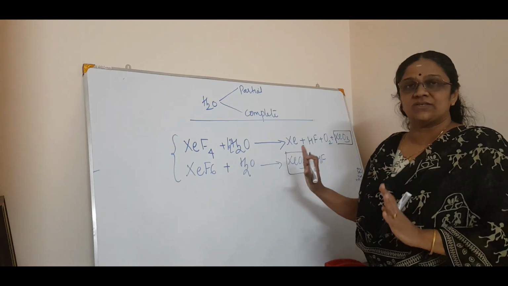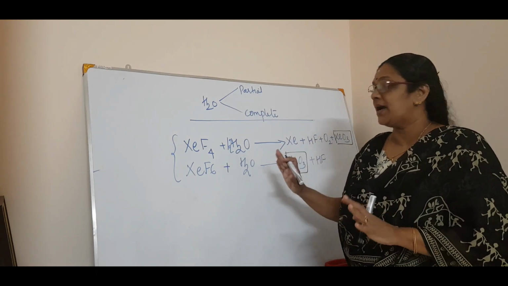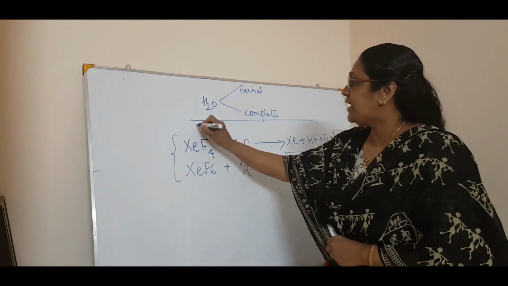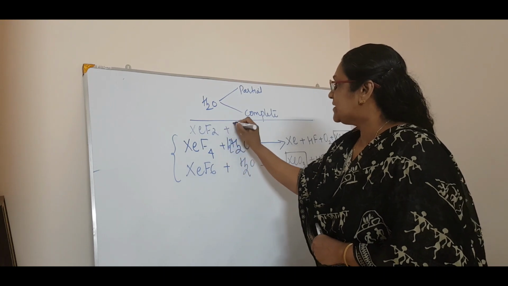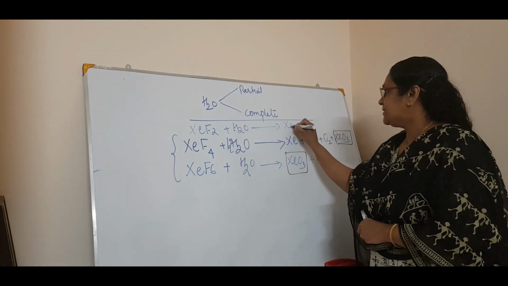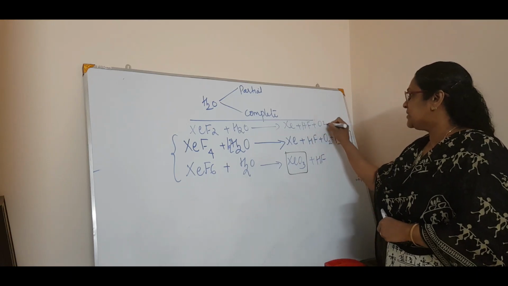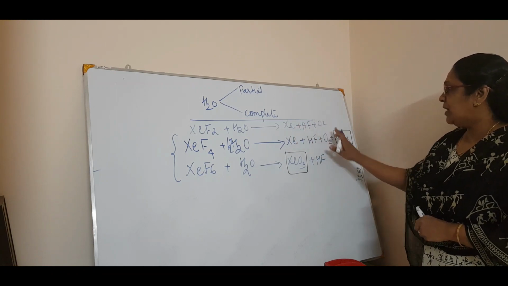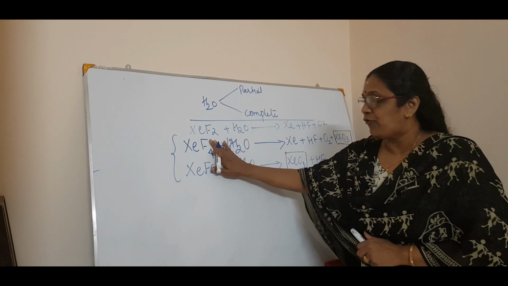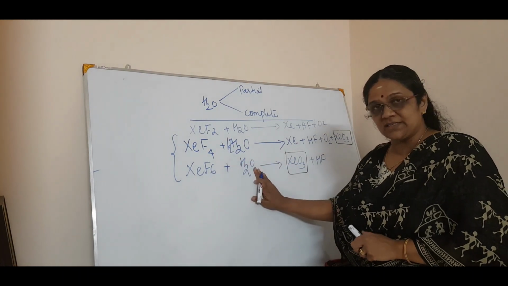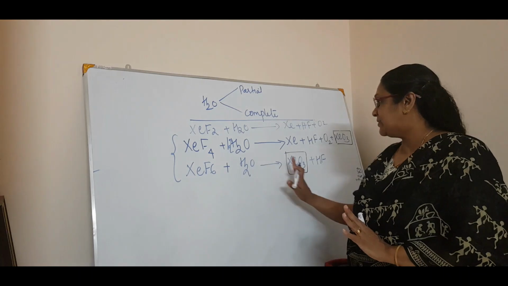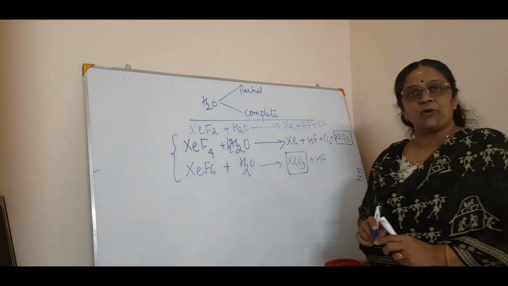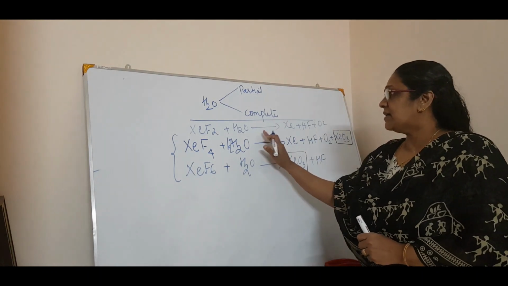So simply you call it as hydrolysis. Don't tell complete, just simple hydrolysis. Okay, so XeF4 and XeF6. Now if you want to know what is the reaction of XeF2 with water, that is Xe plus HF plus O2. Same as this, but XeO3 is not there. But XeF4 and XeF6 on hydrolysis means complete, that is default. Complete hydrolysis will give you XeO3 as one of the products, then HF corresponding products are there. Correct. So this is hydrolysis.